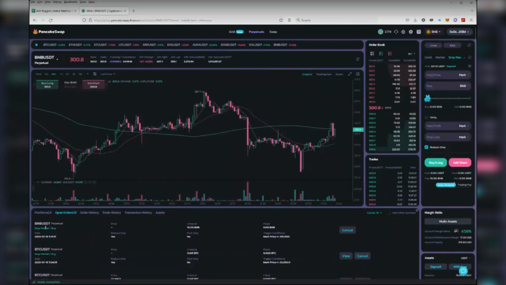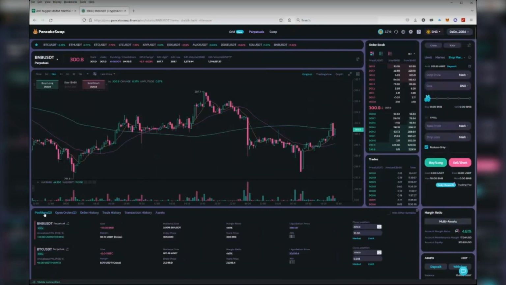But you know what, guys? Honestly, I don't think this is a good thing. I'm gonna close it out right now. This BNB, I made $42 on it. I'm just gonna go close position market. I'm taking my profits because Bitcoin's pumping, so I think BNB is gonna pump right now also.